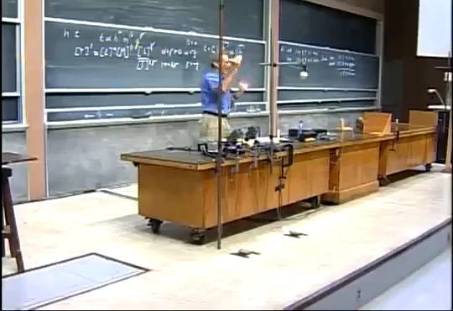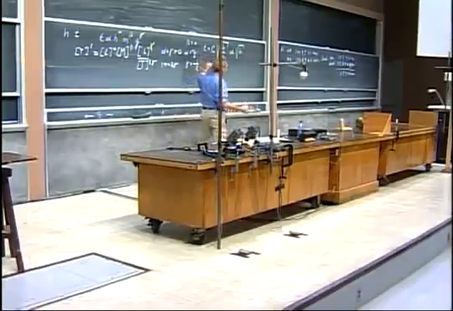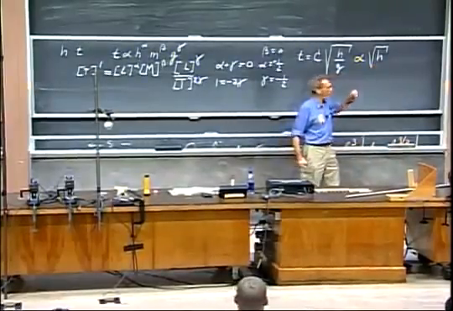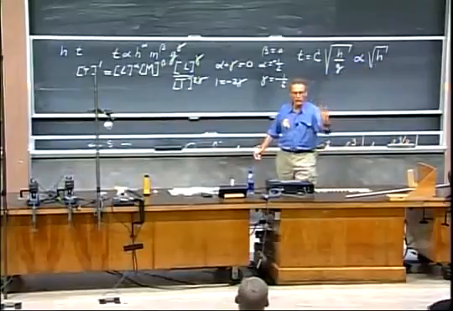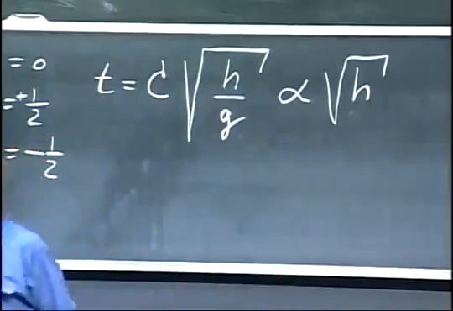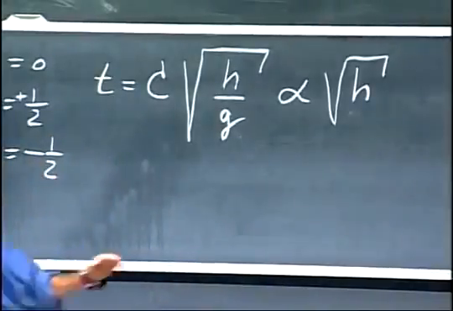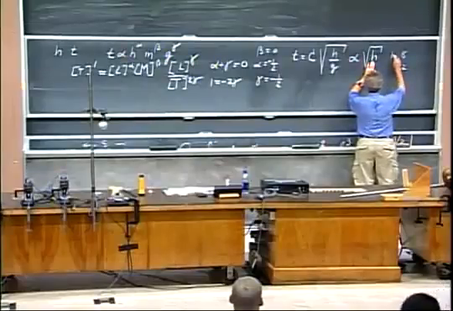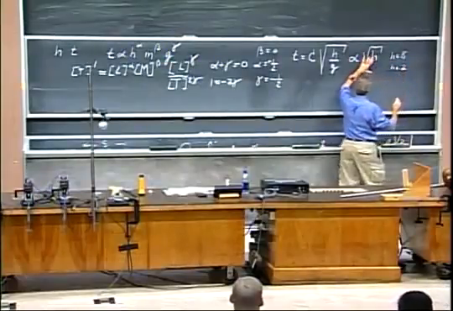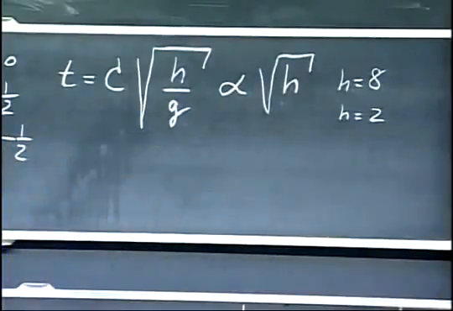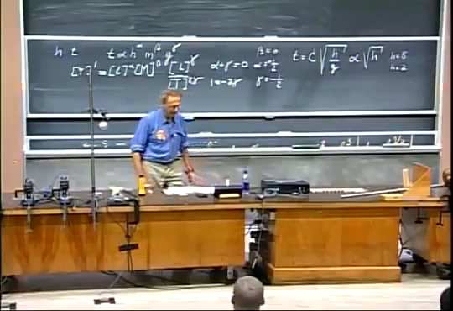All I'm saying is I can compare two different heights. I can drop an apple from 8 meters and another one from 2 meters, and the one from 8 meters will take 2 times longer than the one from 2 meters. The square root of 8 to 2, 4 over 2, will take 2 times longer, right? If I drop one from 8 meters and I drop another one from 2 meters, then the difference in time will be the square root of the ratio, that will be twice as long. And that I want to bring to a test today.